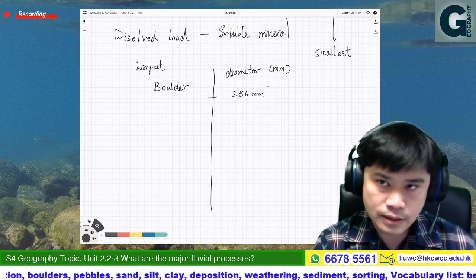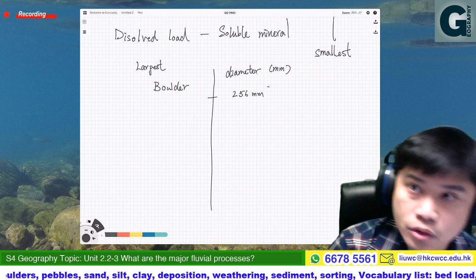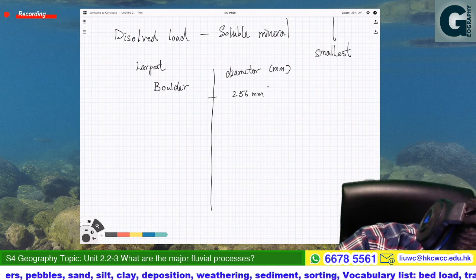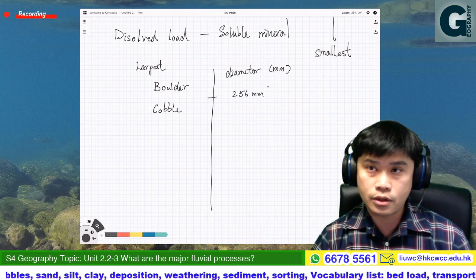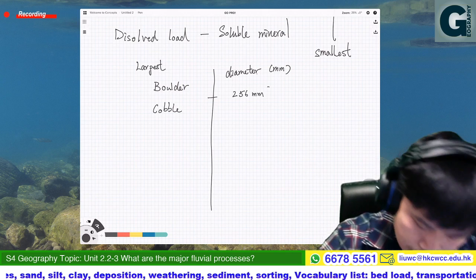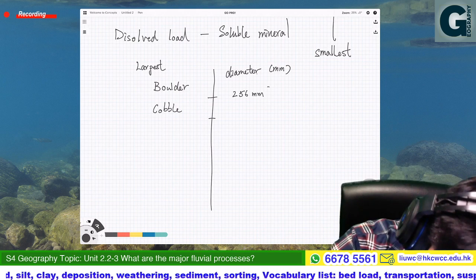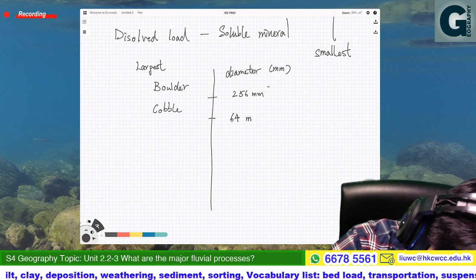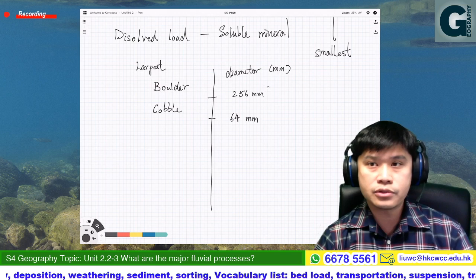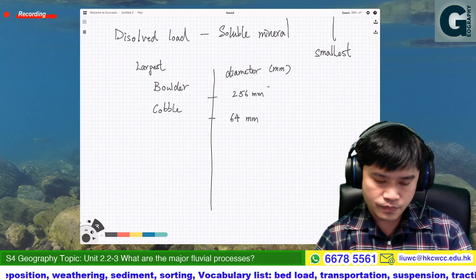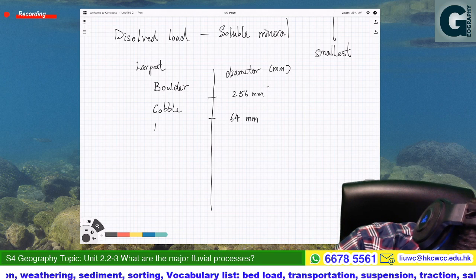And then for the smaller one, you may understand this as cobbles. For cobbles, the size would be between 64 mm and 256 mm for the diameter. And next,